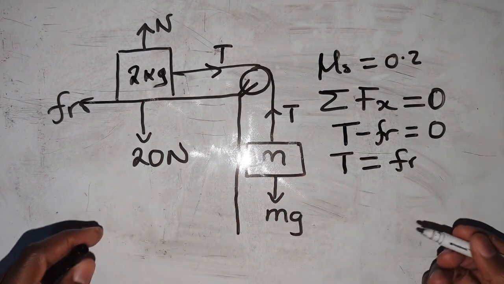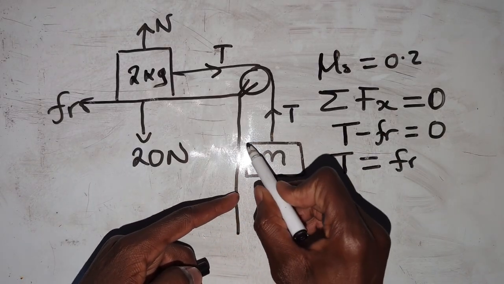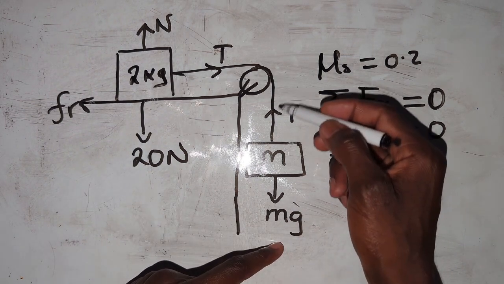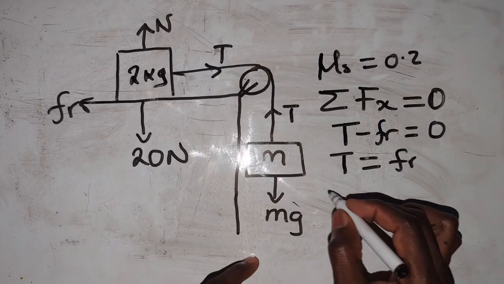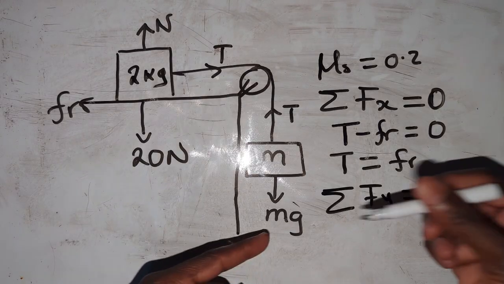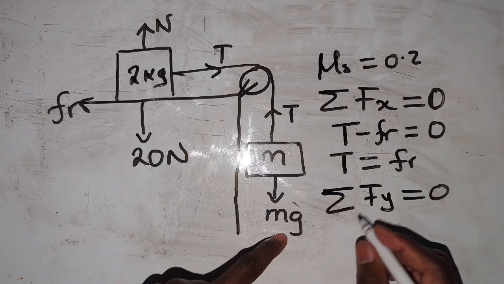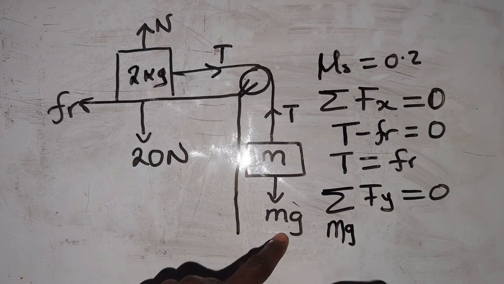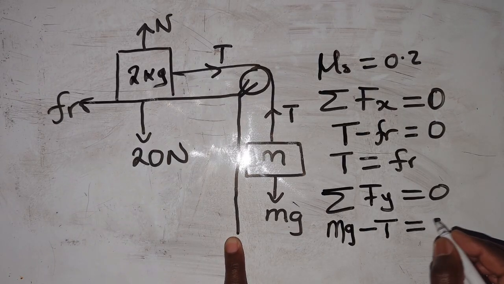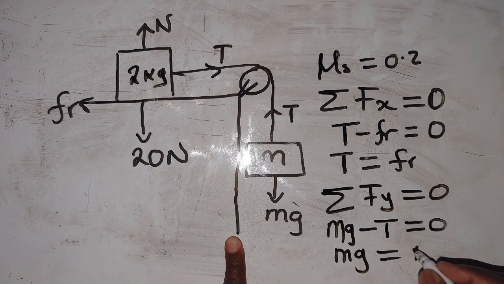When we come to this given object, we will notice that tension and that one, they are also having their own motion. If we assume that this object was to move downwards, meaning that this one is going to be a positive force, that will be a negative force. So from here, we'll say the summation of forces in Y is equal to 0, because there is no motion again due to the fact that the system is static. So this one will be taken to be positive. I'll assume that it was a positive force, which is the weight of the object, and the tension itself is a negative one. We equate the sum to 0, meaning that mass multiplied by gravitational acceleration is equal to the